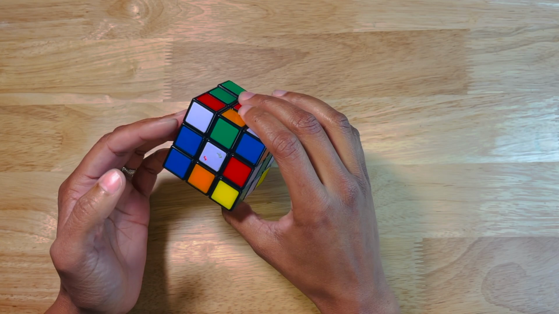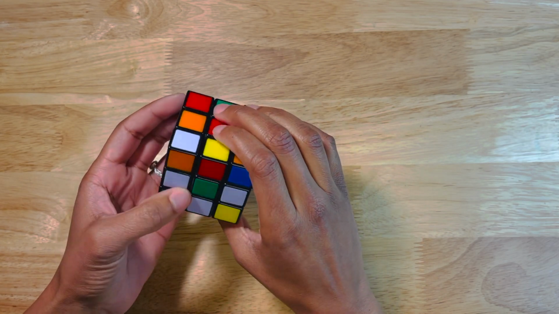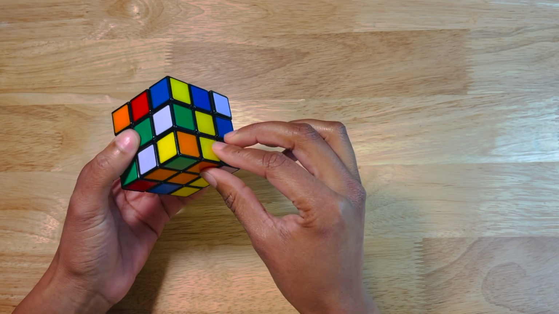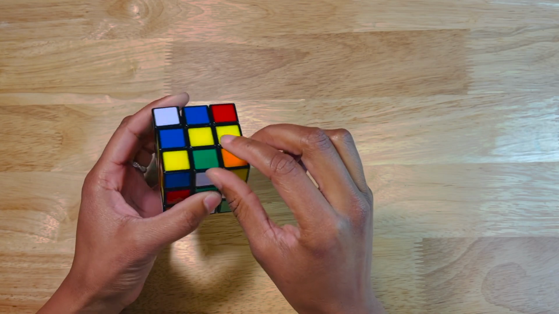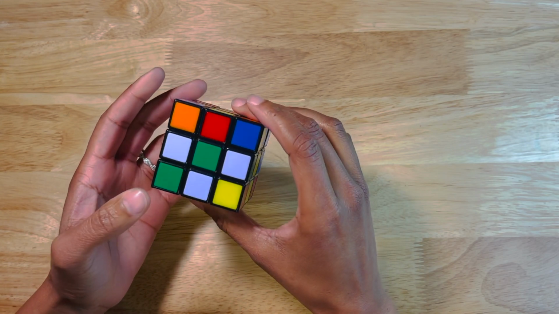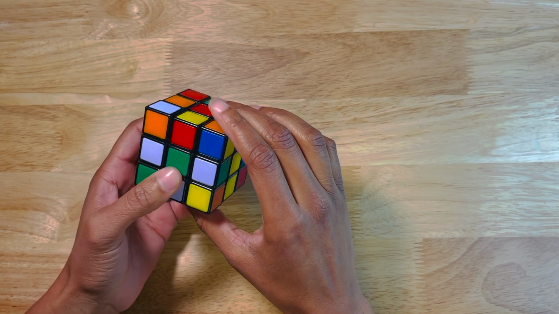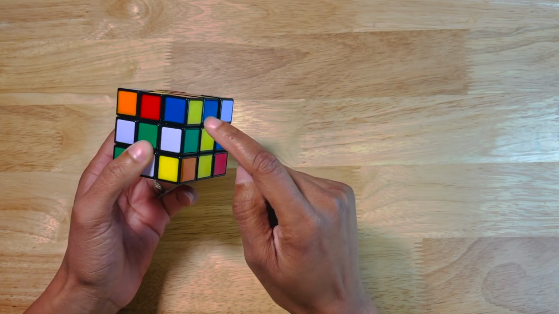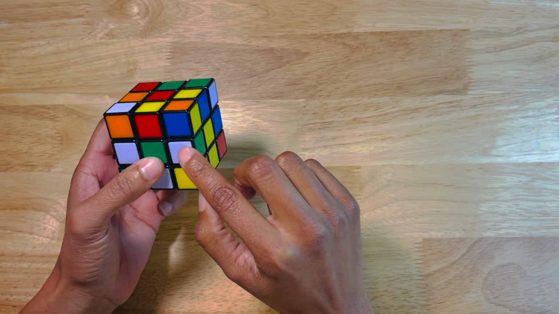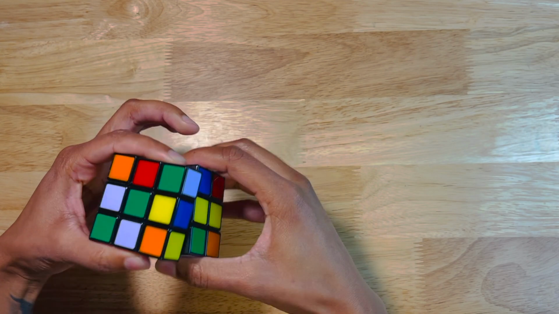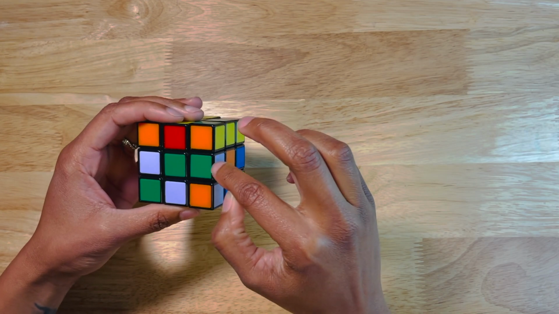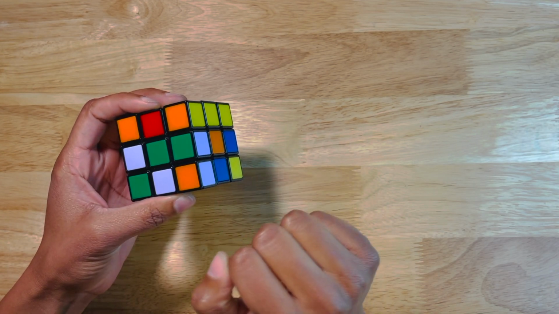Now some more terminology. So you have the centerpieces, you have side or edge pieces, and you have corner pieces. We can also talk about location versus orientation. So location, for example, is the fact that this green and white piece is right here where it is, whereas the orientation can change. So now that same green and white piece is in the same location, but its orientation on the cube has changed.